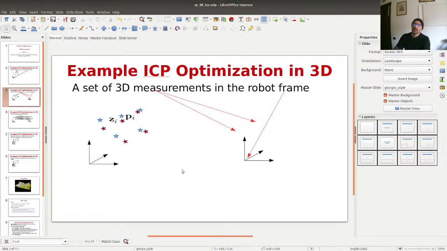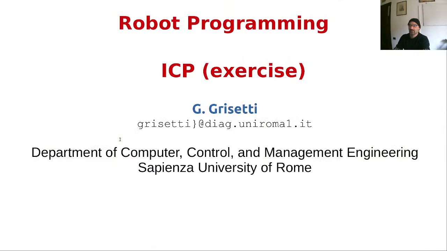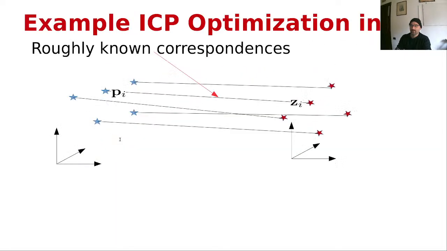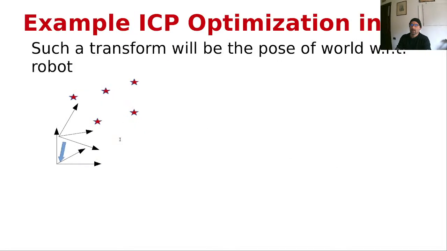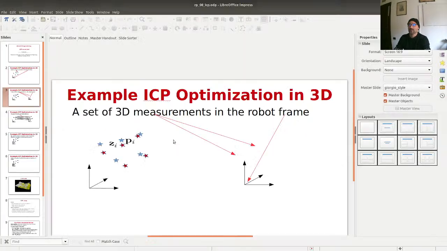Right? And this will be the second iteration. At the third iteration, I have the correct association. At the third iteration, I will associate this with this, this with this, this with this, this with this, and this with this. I will conduct an optimization that will finally bring me to the position where I want to be. So this is more or less the behavior of ICP